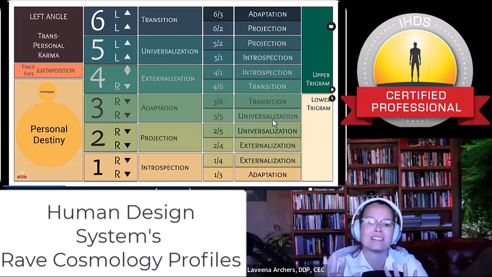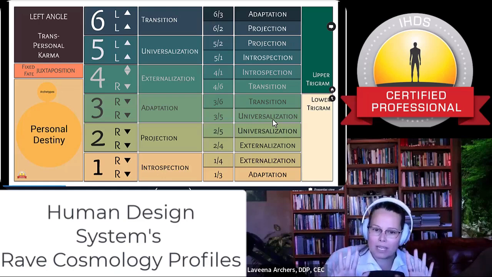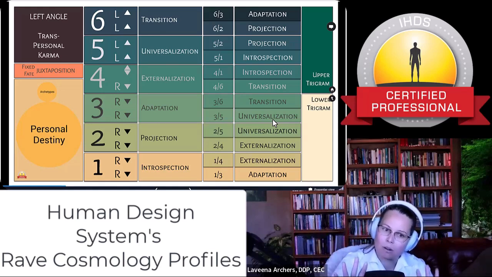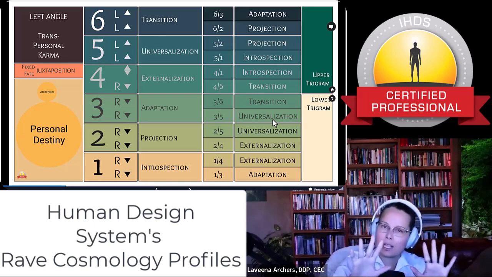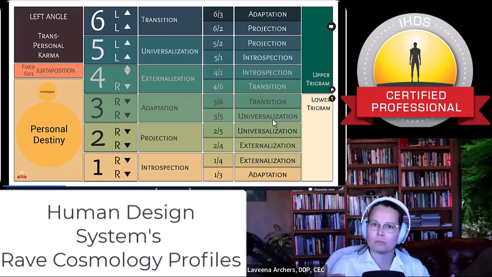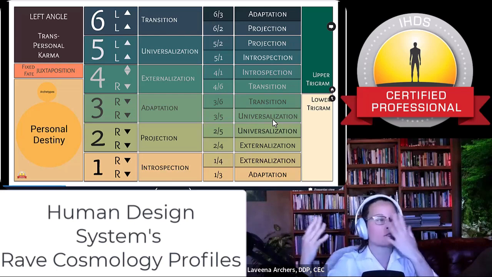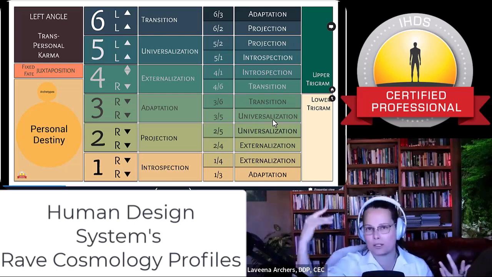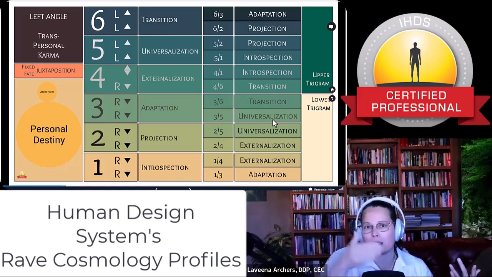It's for you as an analyst to really go into what does it mean to adapt and project, relatively speaking, or introspect, or externalize, or universalize, or transition. What does it mean truly for you? What do you do? What is the action that you're taking in life? Or what is the awareness that you have? Or what is the process or the path that you're experiencing your way to fulfill your personal destiny, fixed fate,